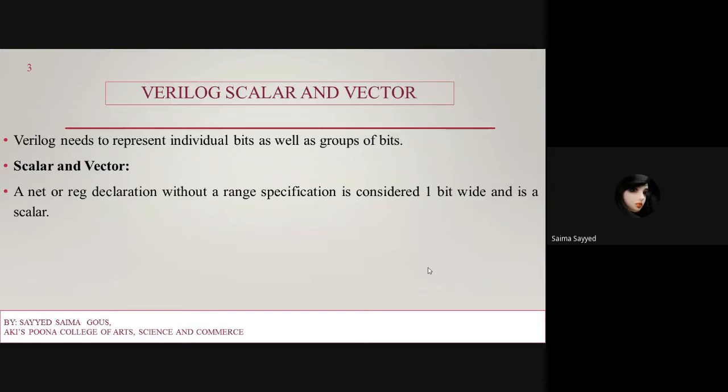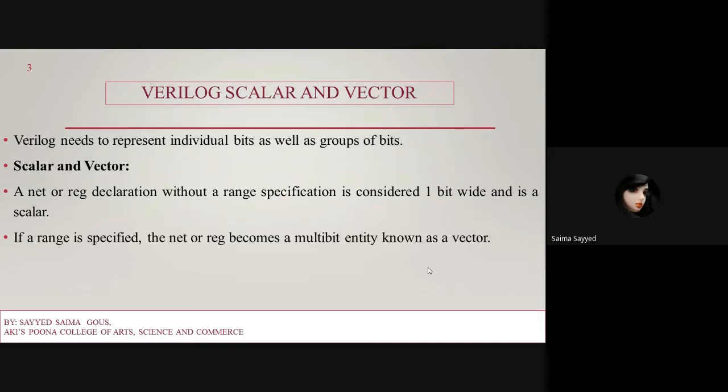a declaration without a range specification is considered 1 bit wide and is a scalar. So whenever the range is not defined or specified, it is considered 1 bit wide, and it is called a scalar.